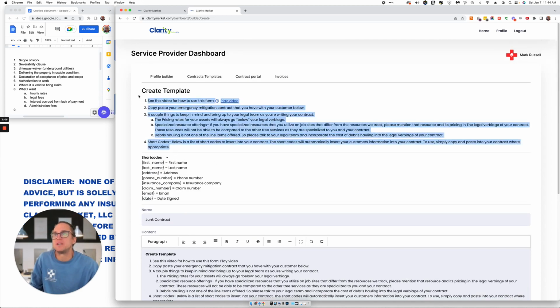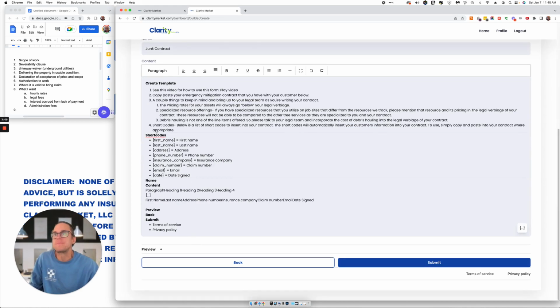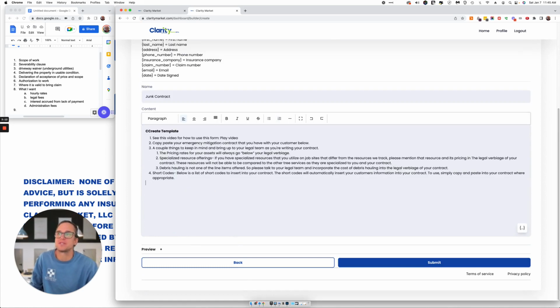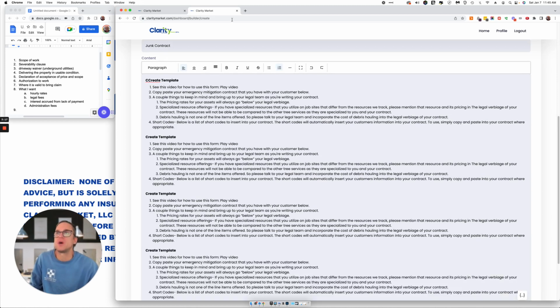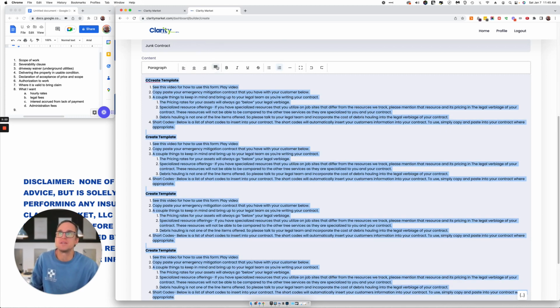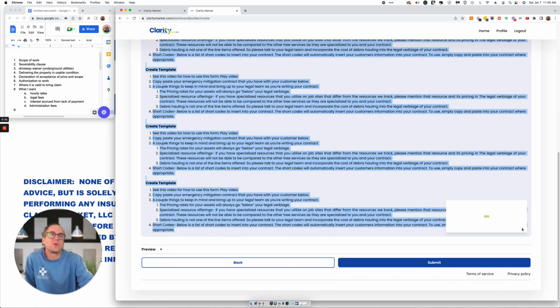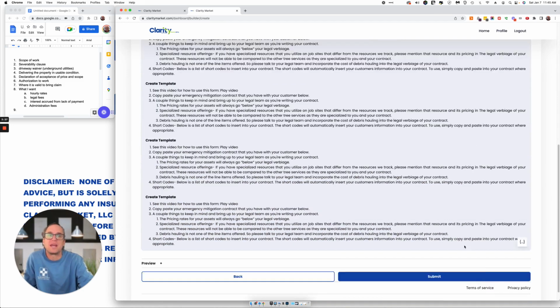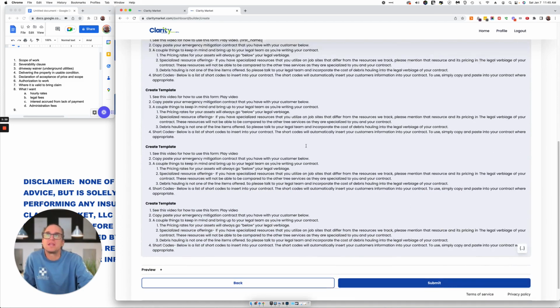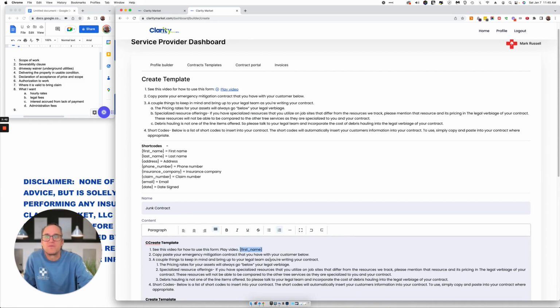First, I did too much here. Let's just do this, Control-C. And this is how the system works. You also have this button, which I really like, that makes them look tidy and not left justified. The way it works, guys, is wherever you want something, like say you want the guy's name there, you just hit that, and it's going to insert this first name. Keep in mind, there's no space there, so you have to put a space,